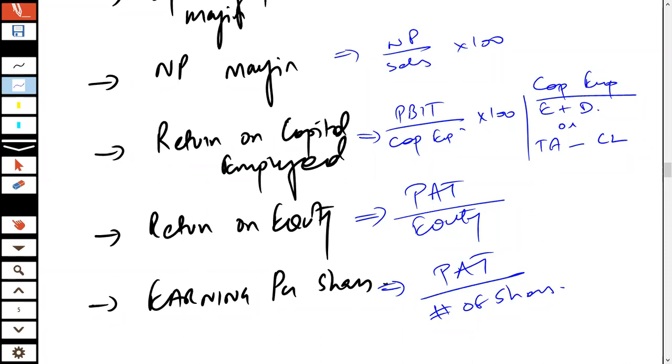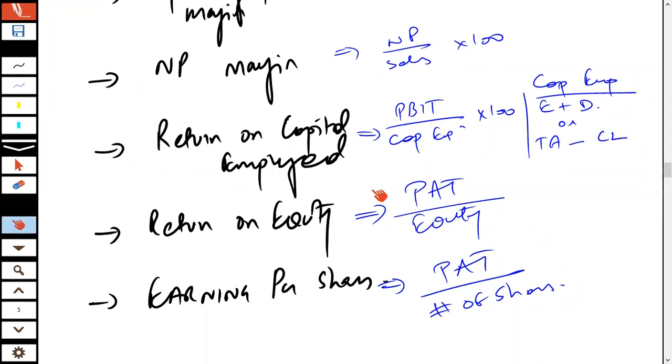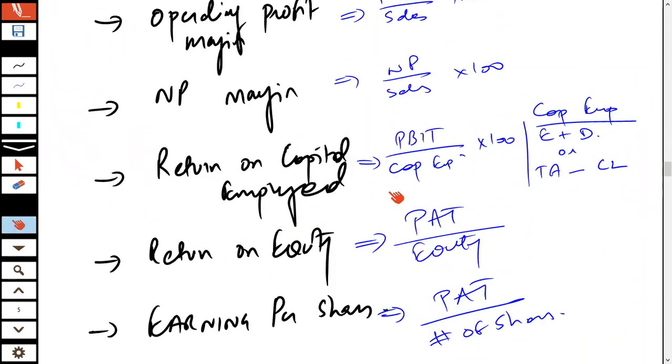There could be other profitability ratios also, but we have not considered them right now, because there are a few things which we haven't studied up till now. Once I teach them at a later part, I'm going to be focusing upon them. Okay, so good enough. We've got profitability as one of the ratios.